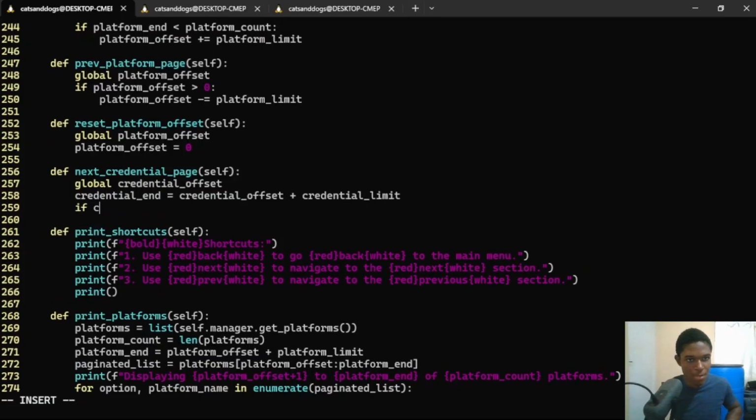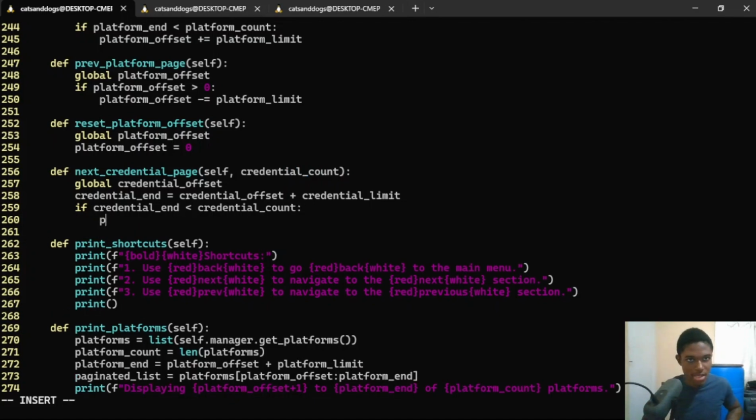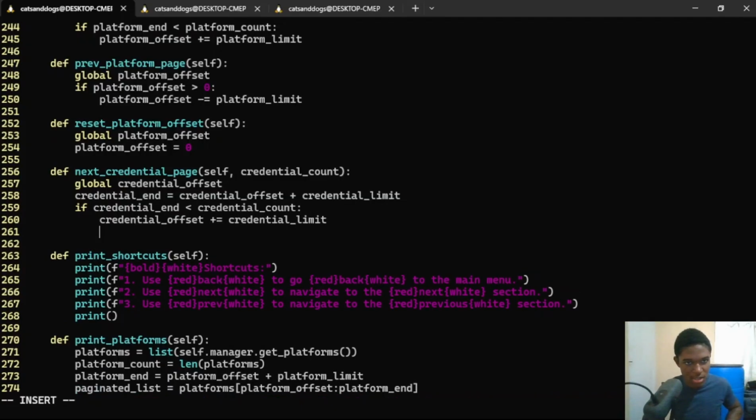Then if the credential end is less than the credential count, so we'll take the credential count in as an argument, then we can simply say credential_offset plus equal to the credential limit,